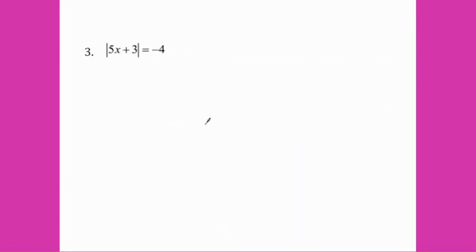In our last example, it can be very short if you're paying attention to what you're doing. This equation has an absolute value equal to a negative. But earlier we said absolute value is the distance from 0, does not give us direction. A negative gives us a direction. So this problem has no solution,